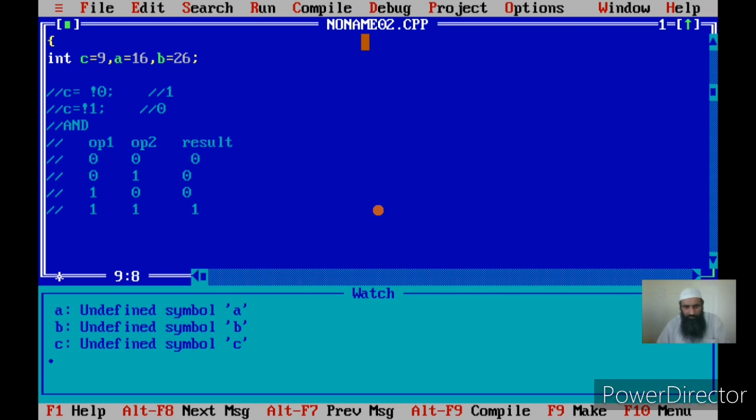Symbol is &&. Now let us see. I say C is equal to 10 greater than 3 AND 12 less than 90.